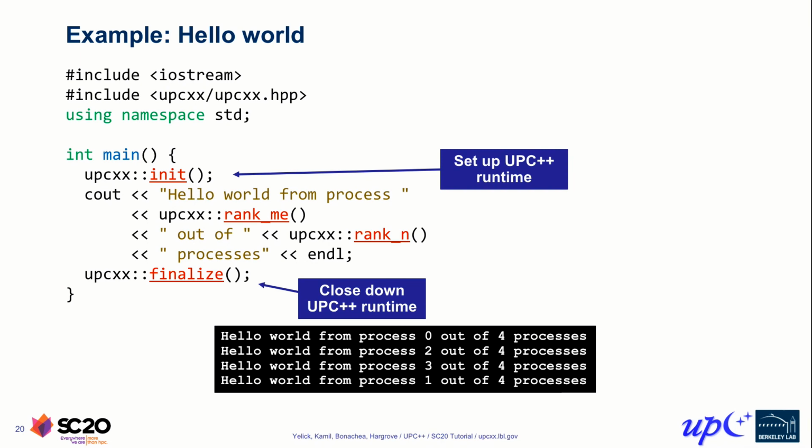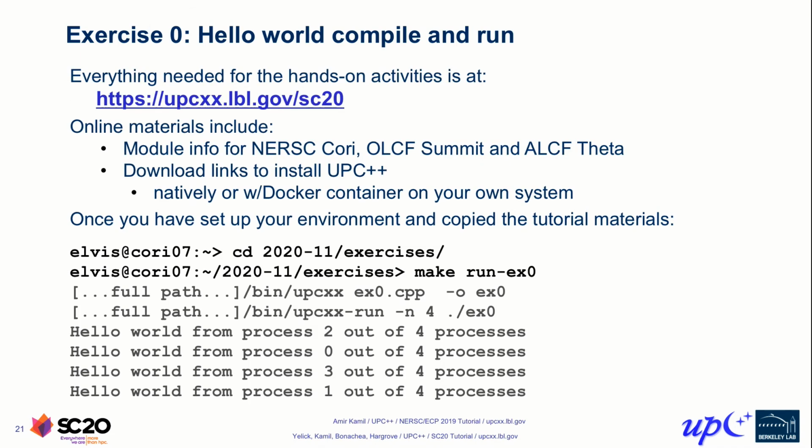So for your programming exercise, let's go back and revisit the Hello World example. In this piece of the code, what we saw before was after setting up and then shutting down the UPC++ runtime, and by the way, this version of the code now shows what you need to include in order to write a UPC++ application. And the print statements happen here in an arbitrary order. So our first recommendation is that you go ahead and just take that code and compile it and run it on your favorite system. As I said, all the information is available in this link.